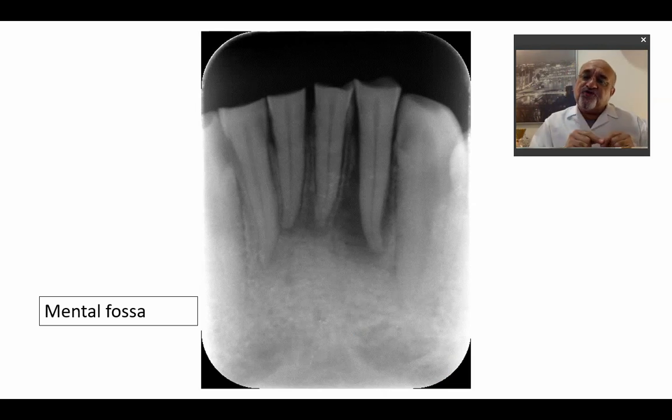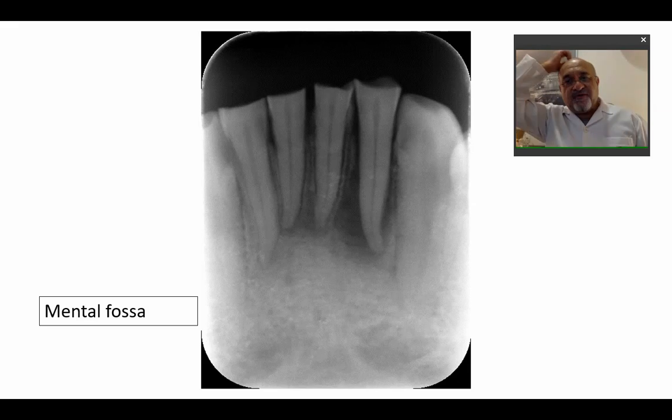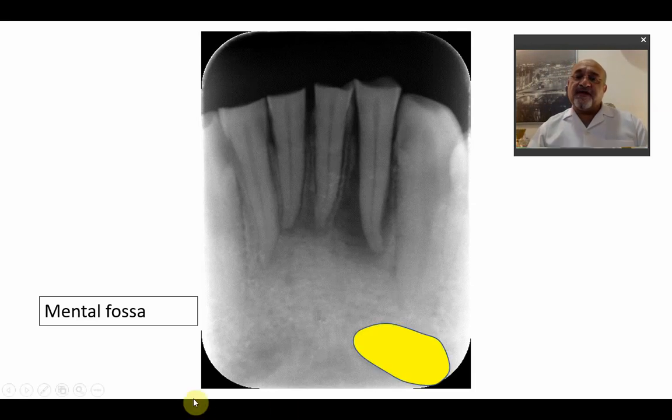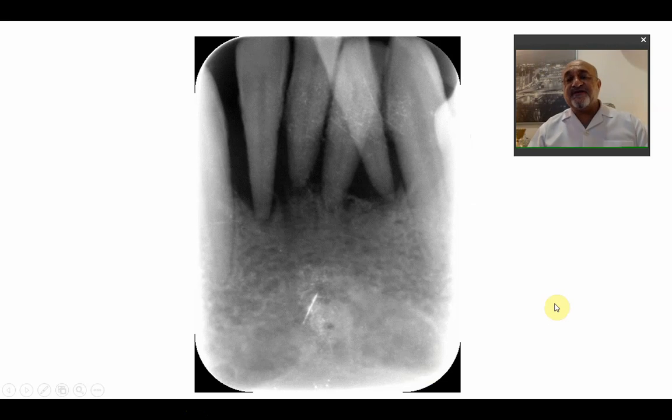Unlike a ridge, the ridge is an increase in the number of bone trabecules, so they would appear more radiopaque. A fossa, on the other hand, is an area where there is diminishing of the bone trabecules, thus they will appear